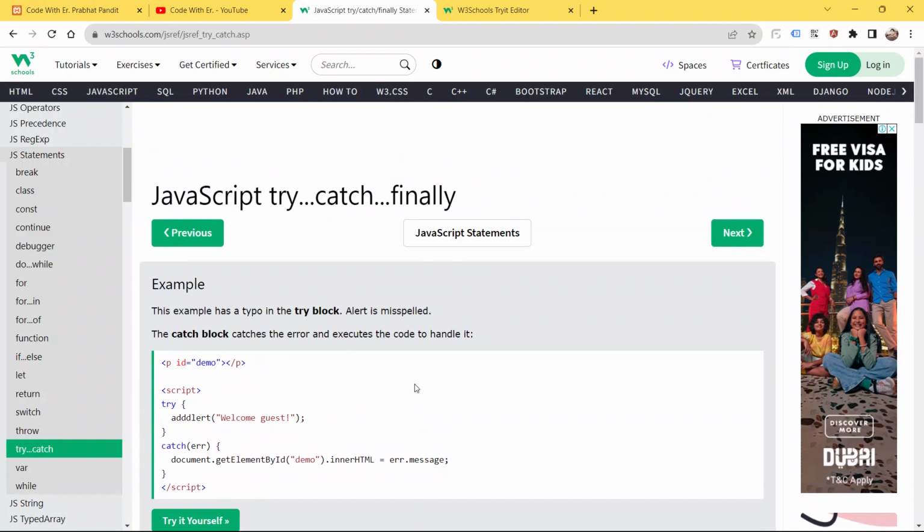and to throw a custom error message to the user, so that he can rectify his mistakes or errors, and then our code flow, our code execution will be smooth. In this video we are going to learn why we should use try, catch and finally blocks to catch exceptions or errors. So now let's get started and let's learn.